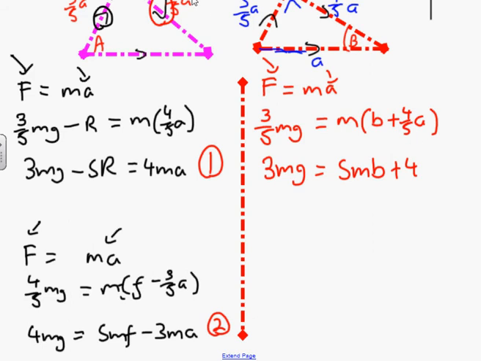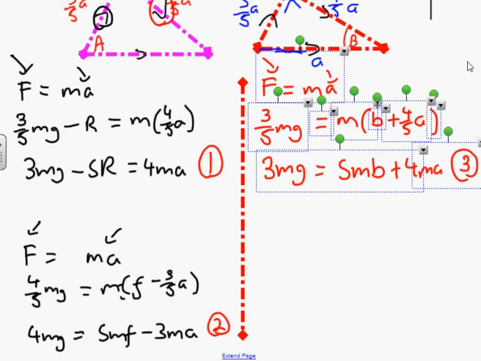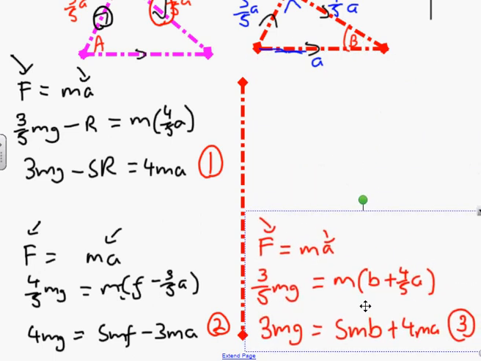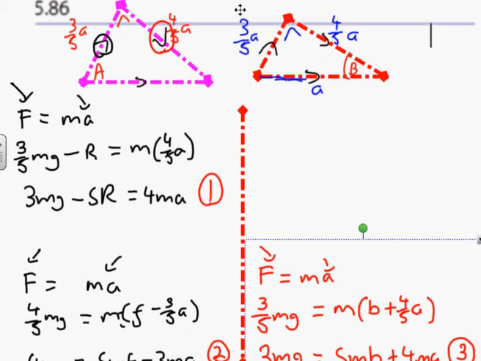One mistake every time. 4ma. Okay? And then 3. Equation 3. Now, once again, box it off. Okay, box it off, bring it down, and now we're going to have to do